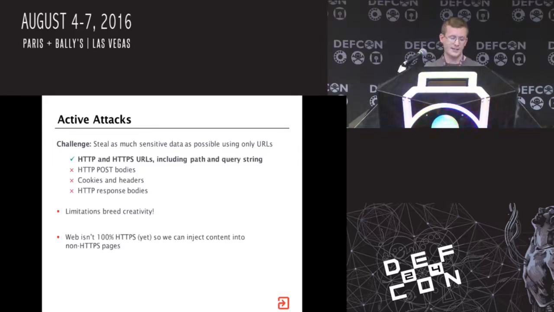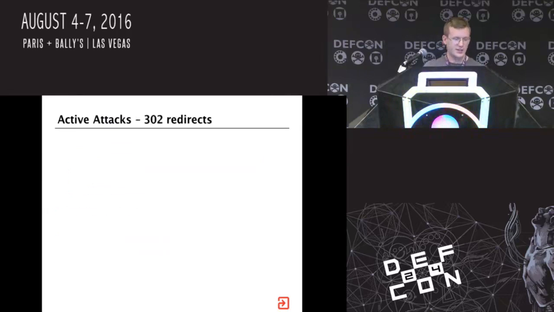One of the key things is that because the web isn't 100% HTTPS yet, the malicious gateway can still inject stuff into the HTTP pages. So we can get the user to visit our malicious web page and then start messing with their browser, for example, captive portal pages, which I'm sure everyone has encountered since they've been in Vegas. Okay, so we came up with a few basic techniques that let us do pretty much everything you've seen in the demos so far, and the demos we're going to show you.